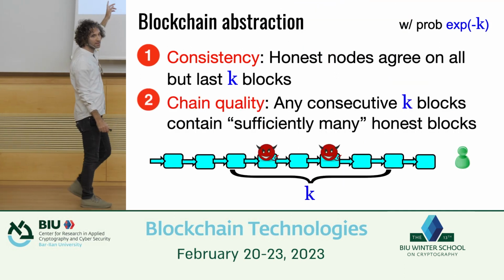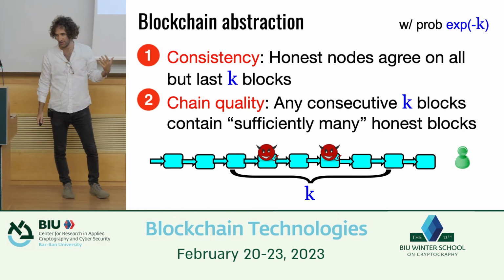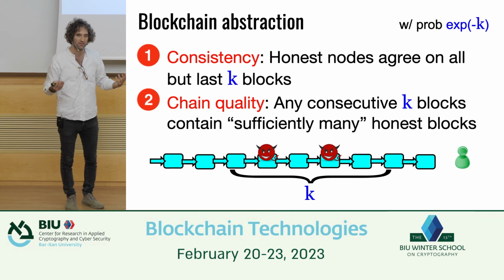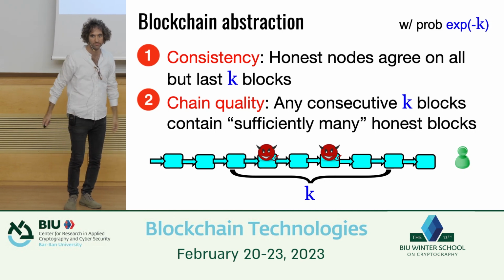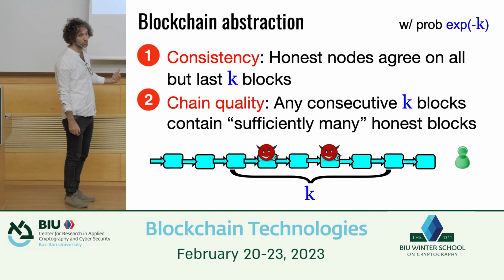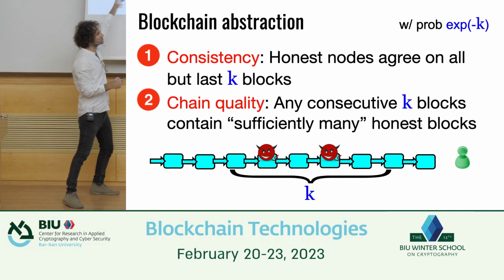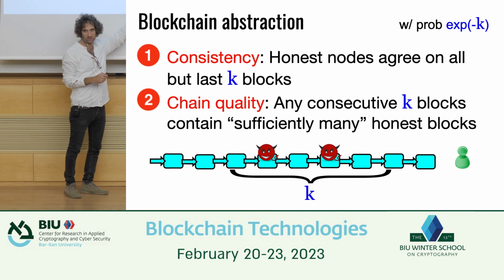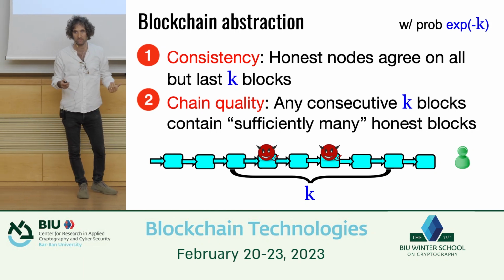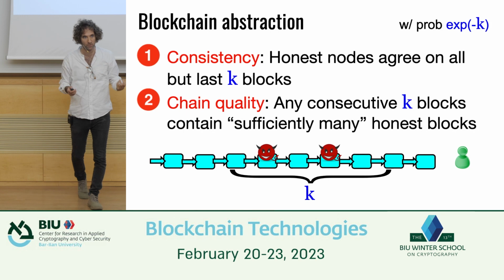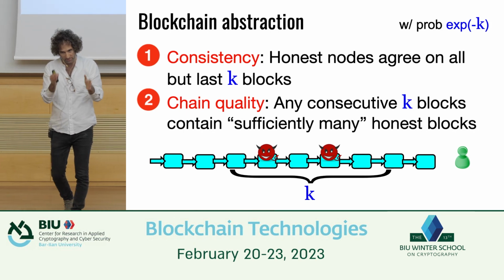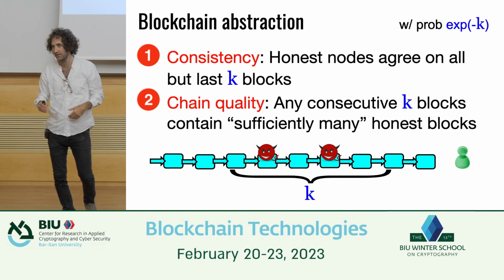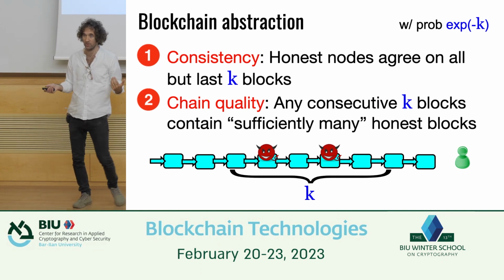Here's a second thing, and this is a notion that really just makes sense in the blockchain world, but it's a very important property. It's something called chain quality. So if I look at the chain of blocks, what fraction of these blocks have been proposed by good guys? That's what we're going to call the chain quality. The fraction of blocks that have been proposed by good guys. Okay? Looking forward, why do we care about chain quality?